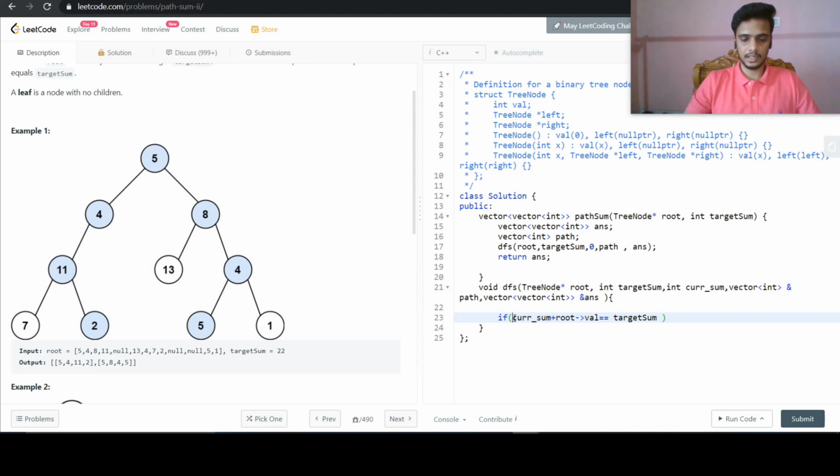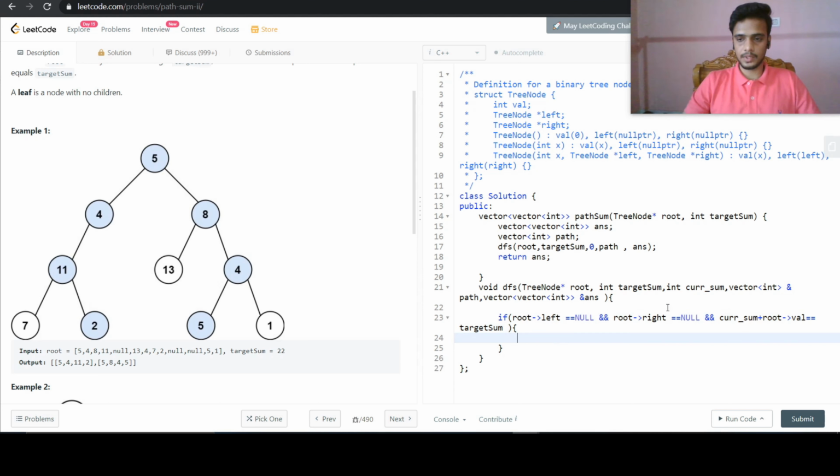So we will check here if root's left is equal to null and root's right is equal to null or not, and the current sum plus root's value is the target sum or not. If it is,